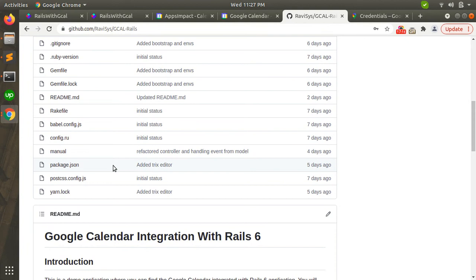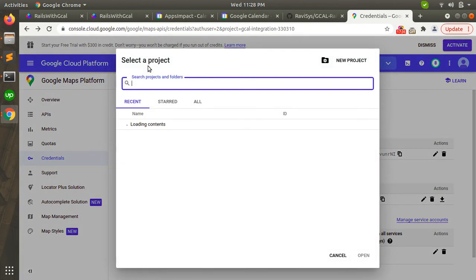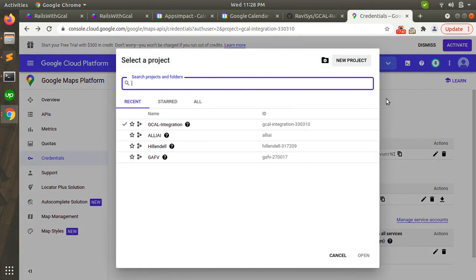But one more thing that I'm missing here is that you need to generate your credentials. So you need to first go to the Google developer console. You need to create your project first, and then after creating a project, you need to create credentials. When you come to this page, here you can find your existing projects, or you can create new projects as well.